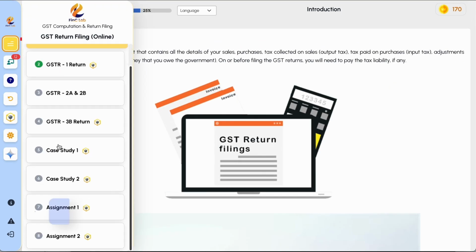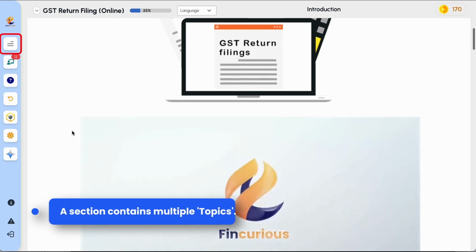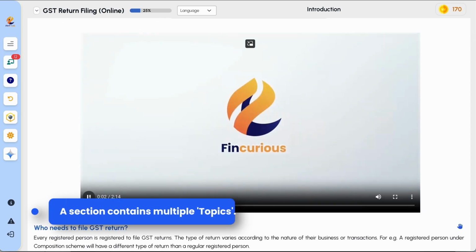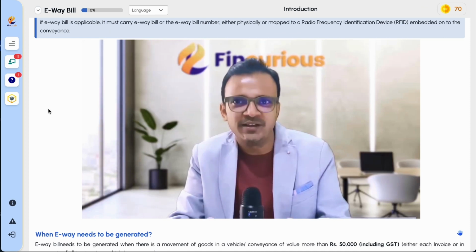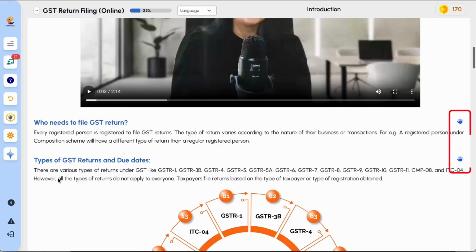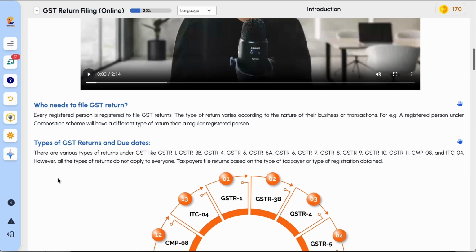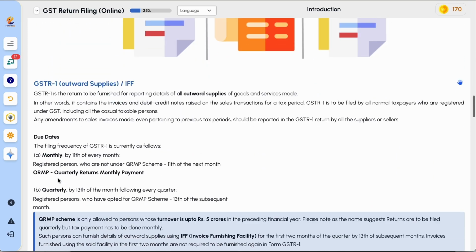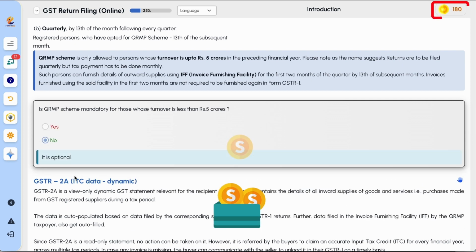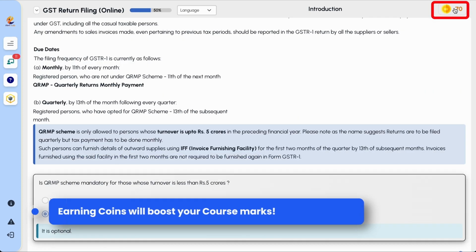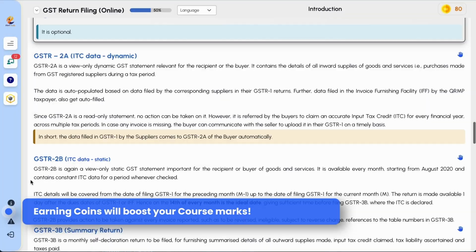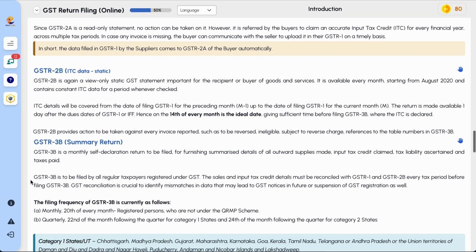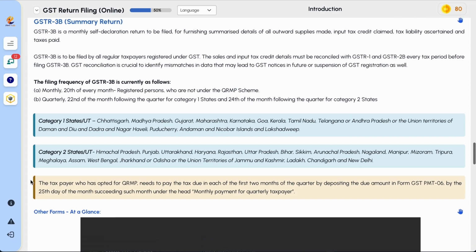Each chapter is divided into sections. Each section contains textual content, conceptual videos by experts, which helps you in understanding concepts quickly. You can also raise your hand on a topic to request sessions on that topic. Gamification in the form of interactive MCQ, where you also earn coins. Click here to view the total coins earned. These sections help you in gaining knowledge in a particular topic in one shot.